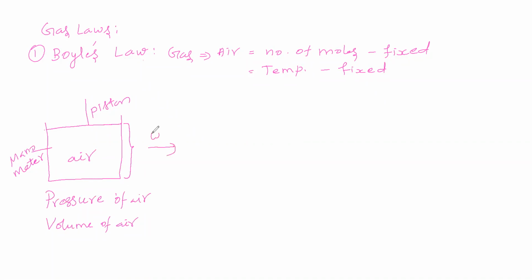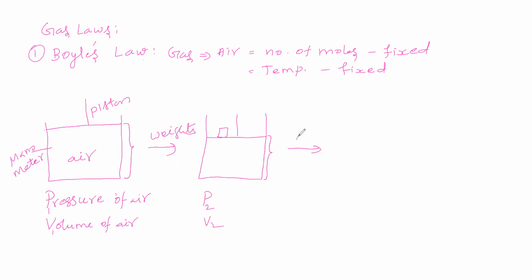Then Boyle placed some weights over the piston. What will happen, do you think? Automatically the piston will come down, because some weight is placed. Now he found the pressure exerted by the air. Here we take pressure as P1 and volume as V1. Now we take pressure as P2, and the volume is this much now. The volume also we can find.